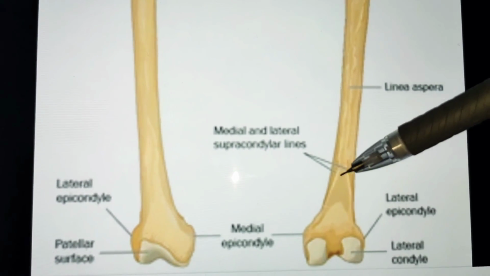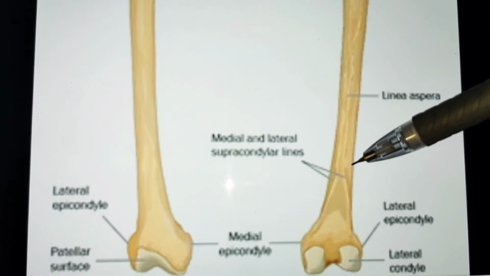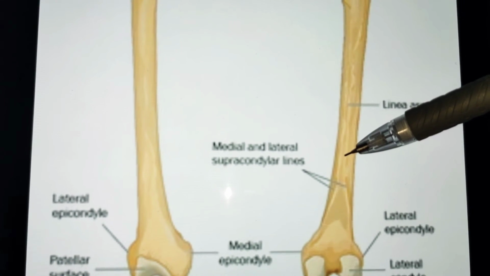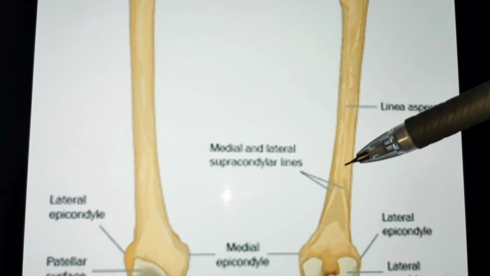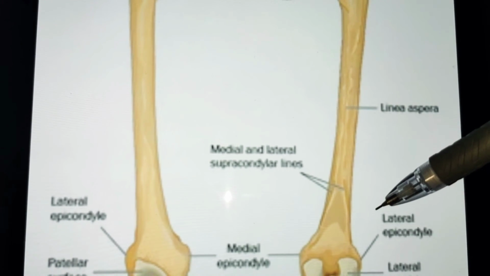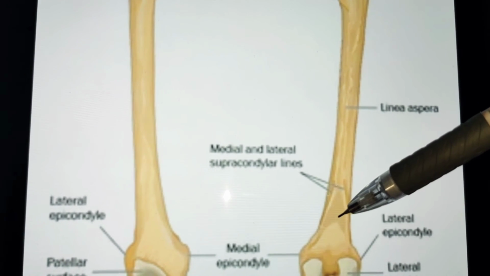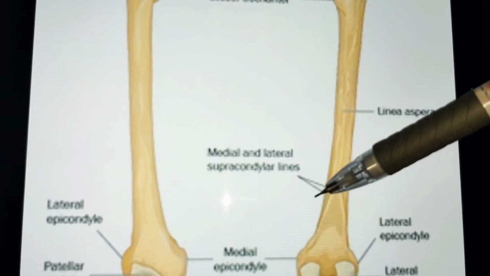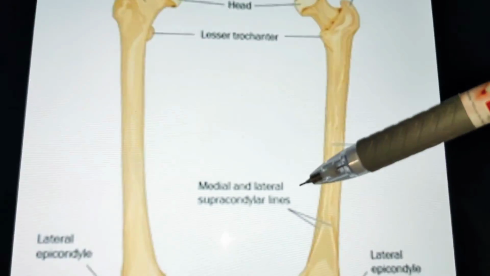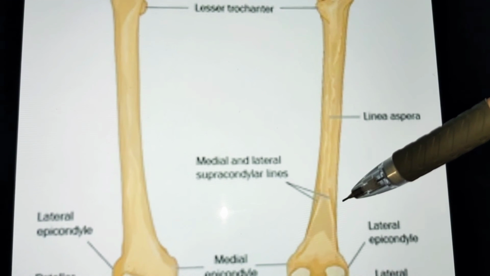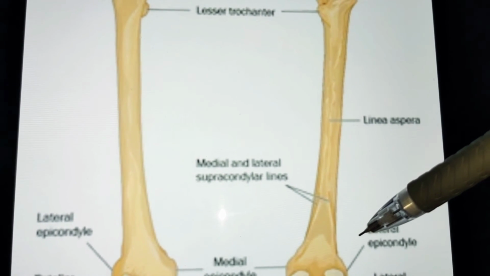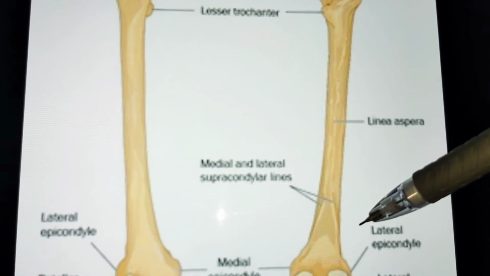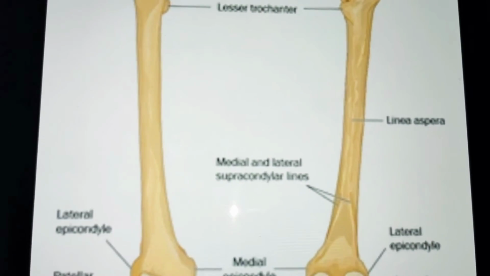Next, coming to the lower one third. So this is the lower one third. In the lower one third, the shaft also has two lips of linea aspera that diverge as supracondylar lines to enclose an additional popliteal surface. Thus this part of the shaft has four borders. One is the medial border this side, because the head is there, so this is the medial border, this is the lateral border. Okay, and